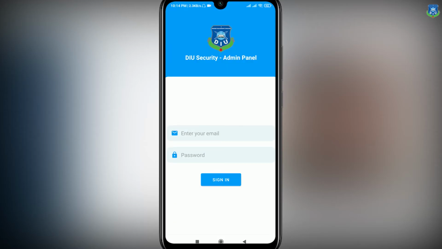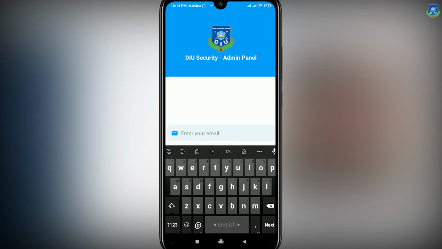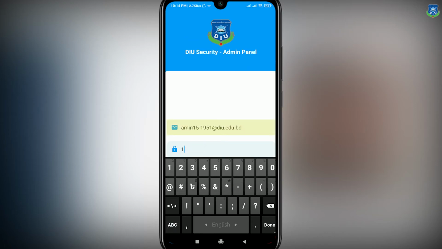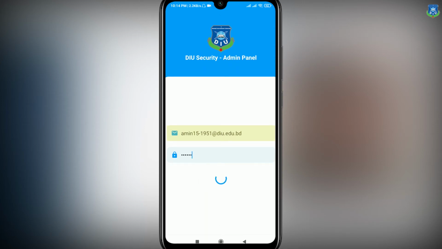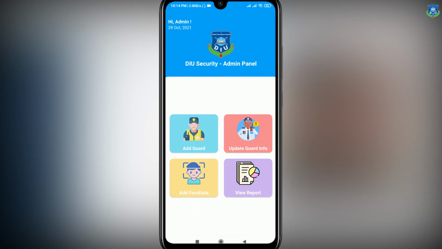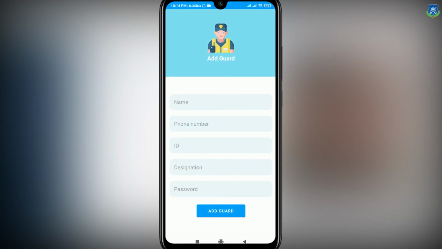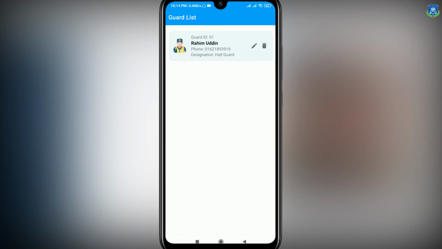And here is our other app, that is Hall Security for Admin. If we click on this app, it also comes with a user login interface. This will be provided by the main admin from our app. Like I am using a demo email and password that we already created. Like I click on sign in, if I give the information properly, it will sign in to our app. From here we can add our guard. You can see we can add our guard information, like we can create one guard's information, phone number and password, and we can give any guard this for login into their app.